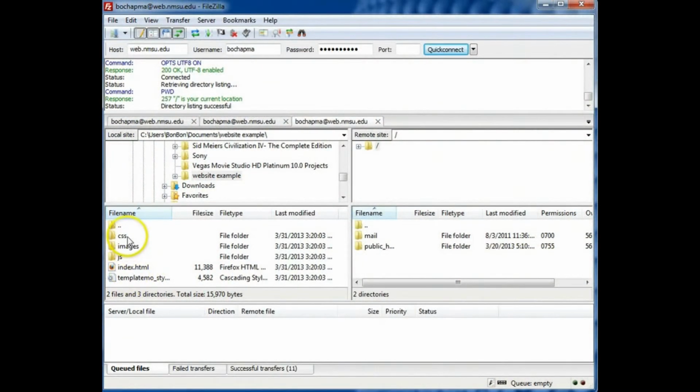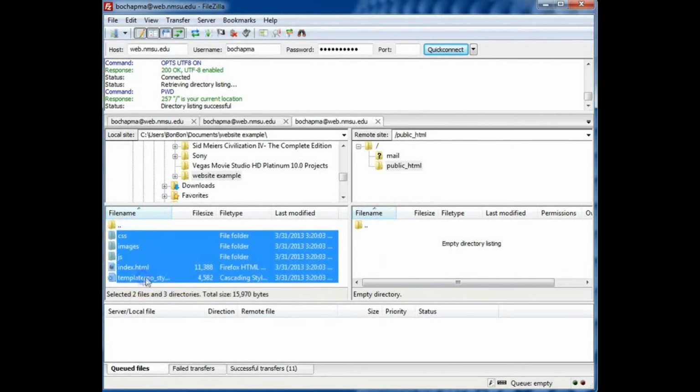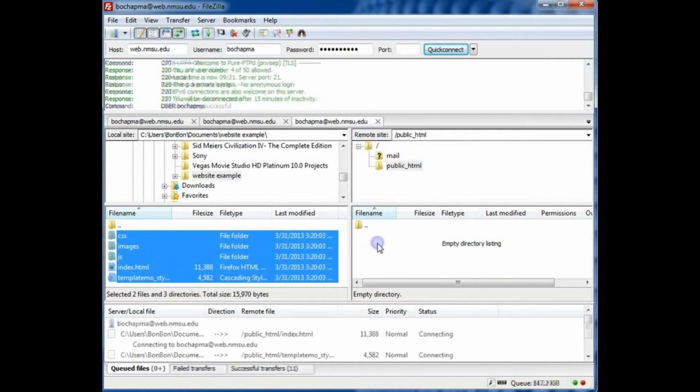For step 6, you'll click and drag your file into the appropriate box to upload. All of the folders and files inside your website folder should be included in this transfer. You will click on the public HTML folder and it should be empty. Select all the files and folders inside your website folder on the left-hand side. Drag and drop them into your public HTML folder. Do not include the folder that says